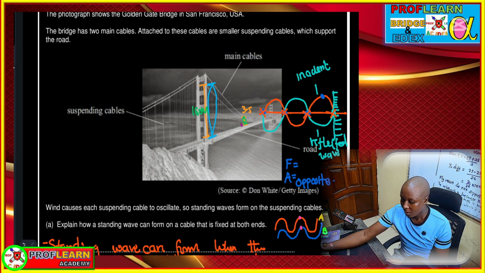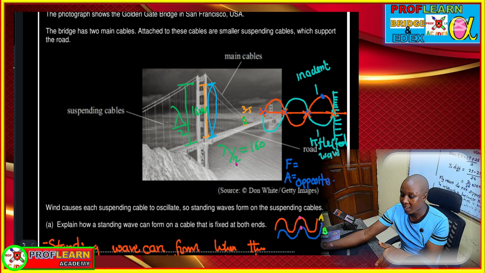So if this is a single loop like that, then this 160 is representing half a wavelength. If half a wavelength is equal to 160, what is the wavelength of this wave